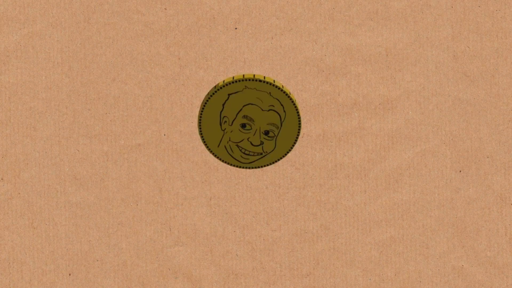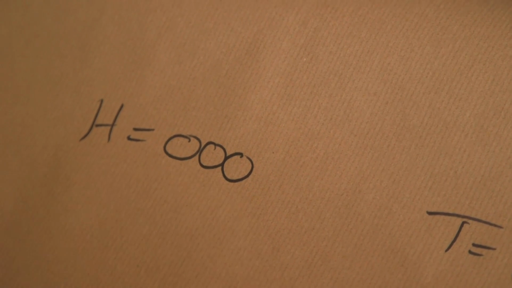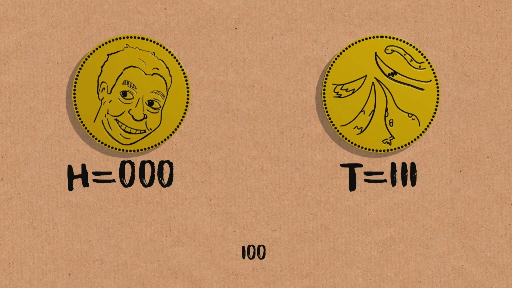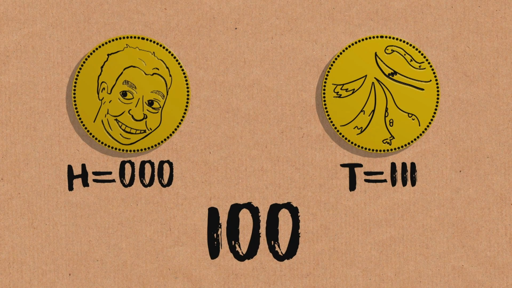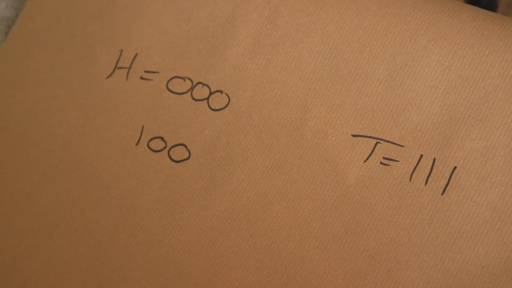So let's say we're trying to transmit something like a coin toss. Heads or tails. When I get a head, I'm going to transmit a 0, and if I get a tail, I transmit a 1. But when I'm transmitting the result, a mistake might happen. So just to be sure, I'm going to transmit 0, 0, 0. If I get a tail, I transmit 1, 1, 1. Then it's less likely that I'm going to get a mistake here, because if a mistake happens, for example, if I got something like 1, 0, 0 at the other end, you know something's gone wrong, because I'm expecting one of these answers. So something's gone wrong.